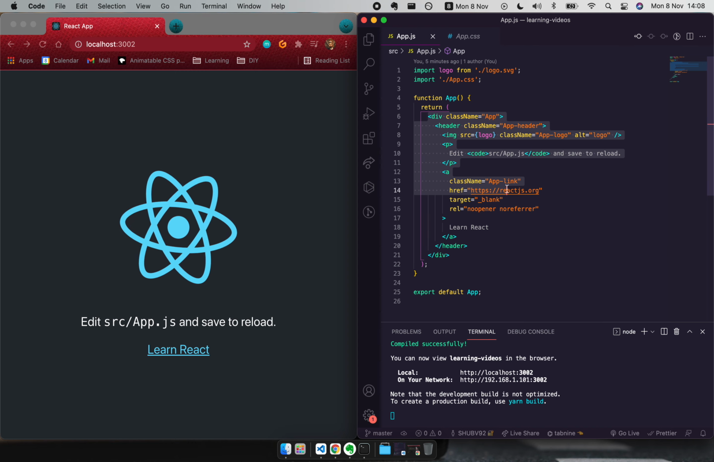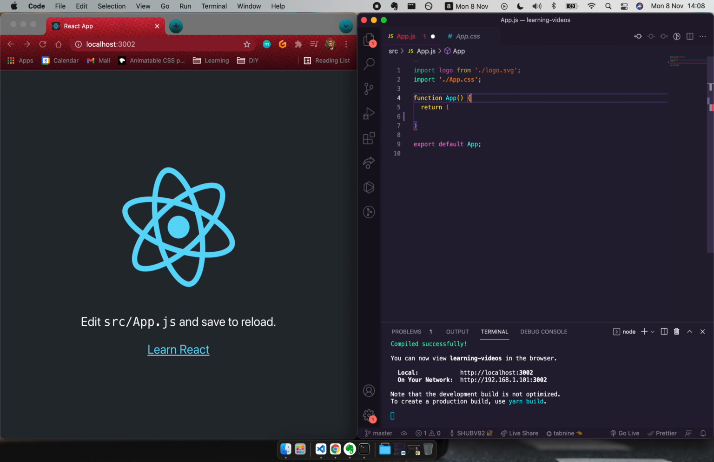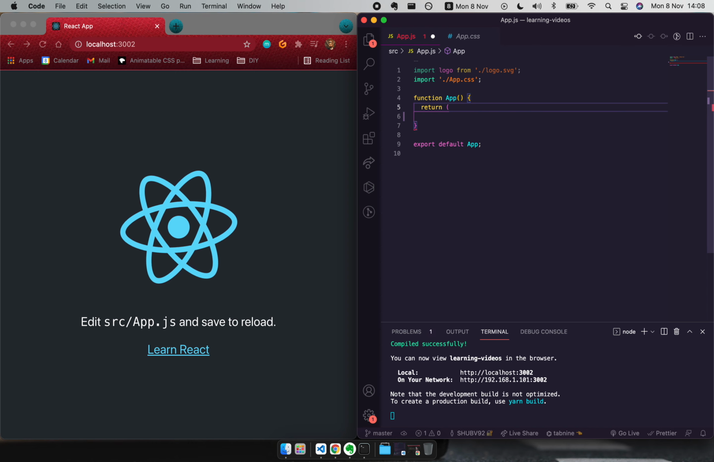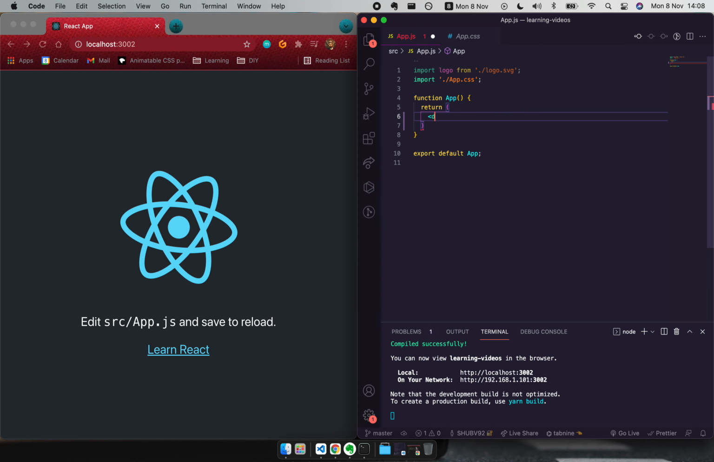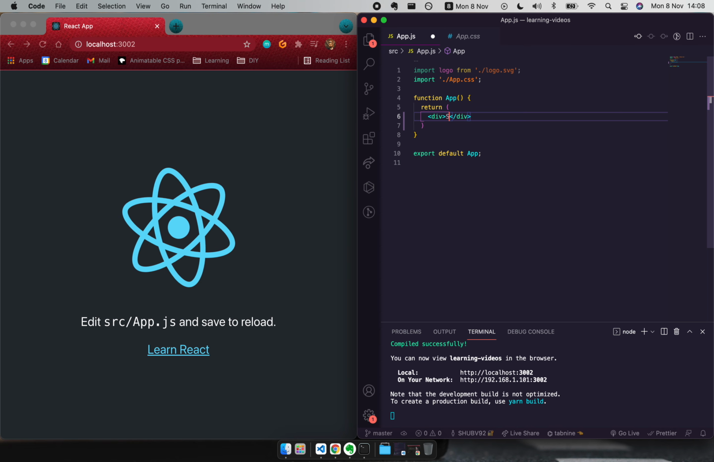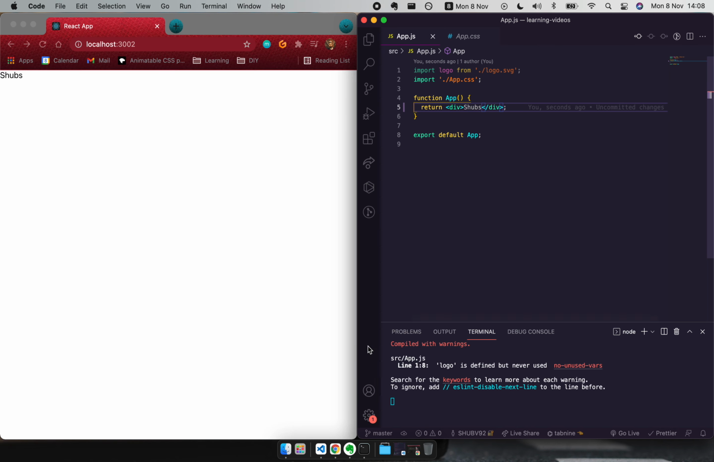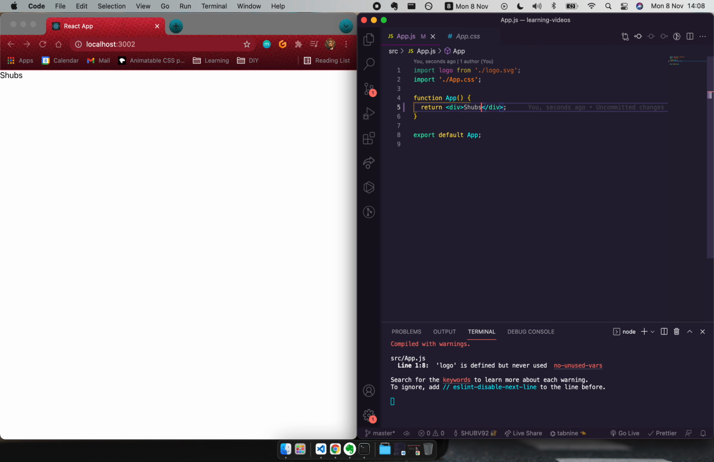So I will get rid of this code here. So you can see function app, it opens curly braces, and then you're returning some sort of UI in the middle. And so I'll say div. So it's just like how you would be writing some HTML, and I can pass in shubs, and then now you can see shubs. So what I want to do is I want to say this is the parent,